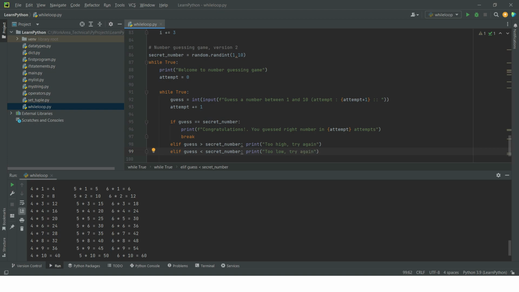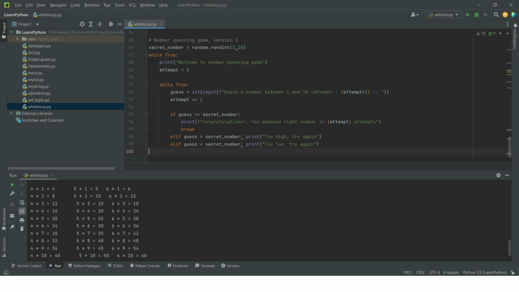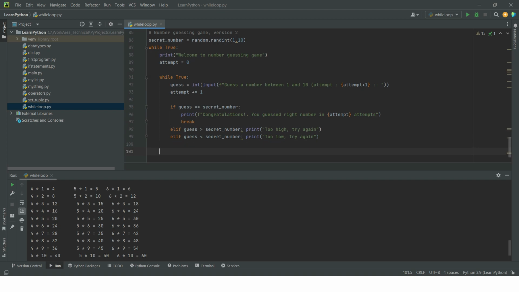So see what is happening here is we are asking user to guess for a number. If number matches, then we say congratulations, we come out of this inner while loop. Else we tell him that it is high or low. Now, as soon as we come out of this inner while loop, let's say user has guessed it correctly. So what we do is